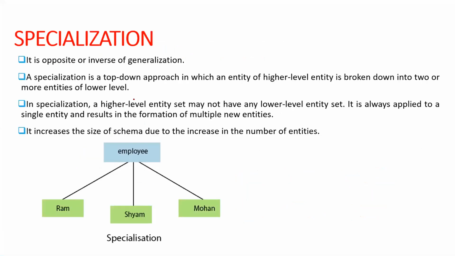Okay, now the next concept is specialization. It is completely the opposite of generalized entity. There, in generalization, we are trying to find common attributes, and we are going to combine the two entities into a common entity. Okay, so at higher level we are following lower level to higher level, so that process we can call a bottom up approach. Specialization is completely the inverse of generalization, that means it follows a top down approach.